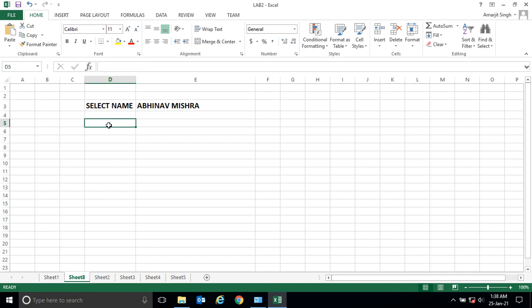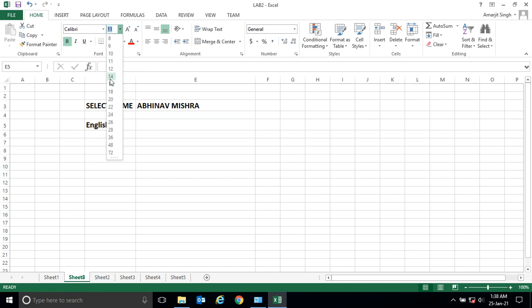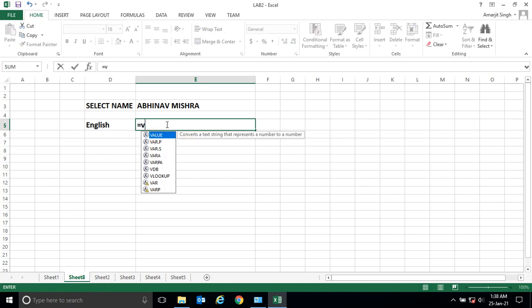For the time being I'm just taking one example. Let's say I want to check the English mark using VLOOKUP of a selected student here. So how to get it? Just write equal to VLOOKUP.